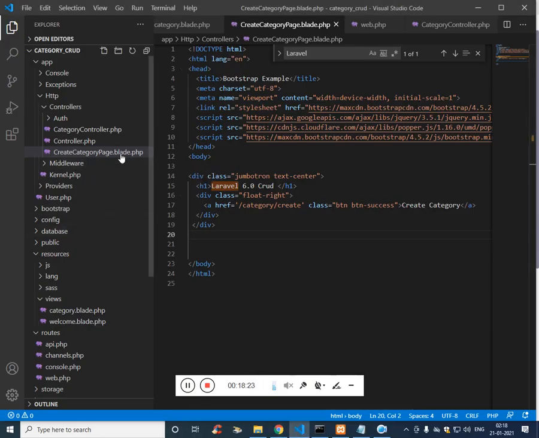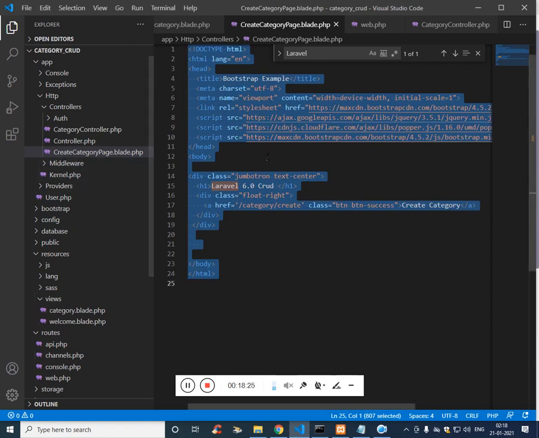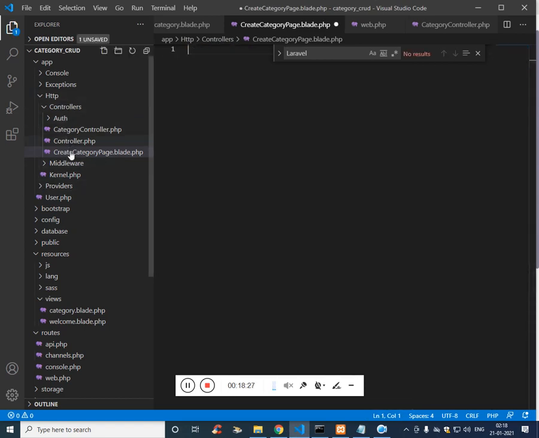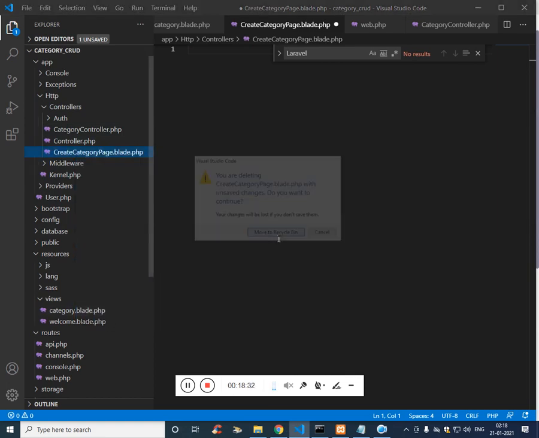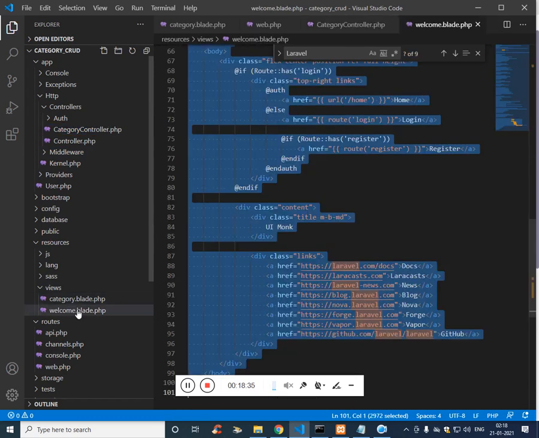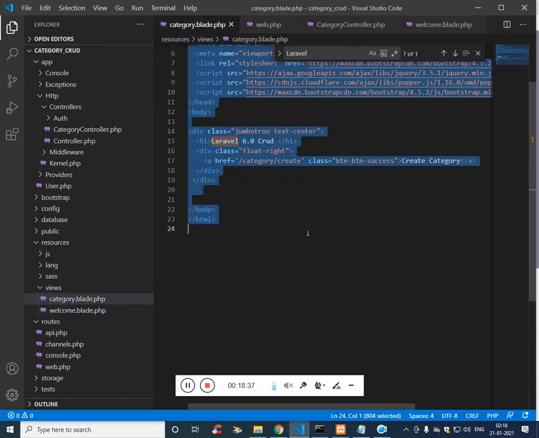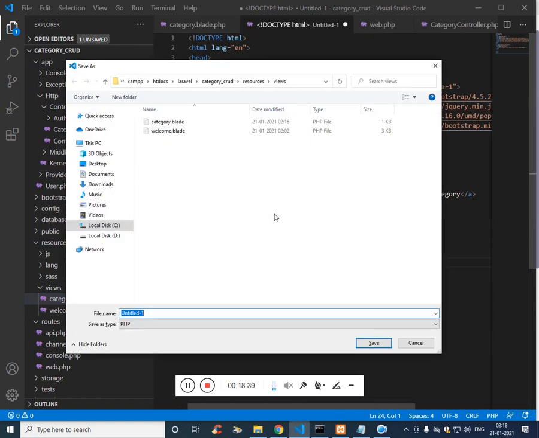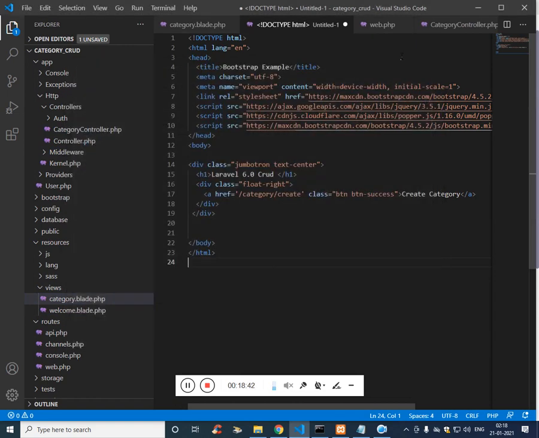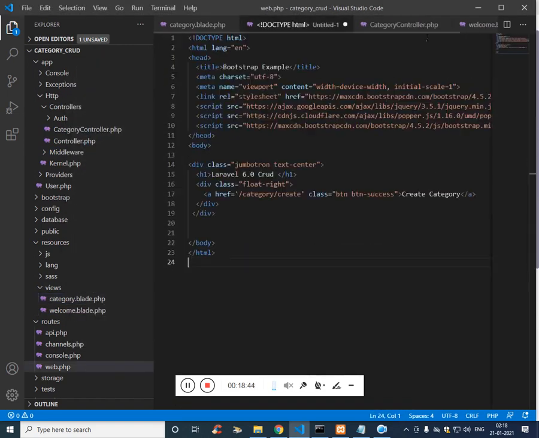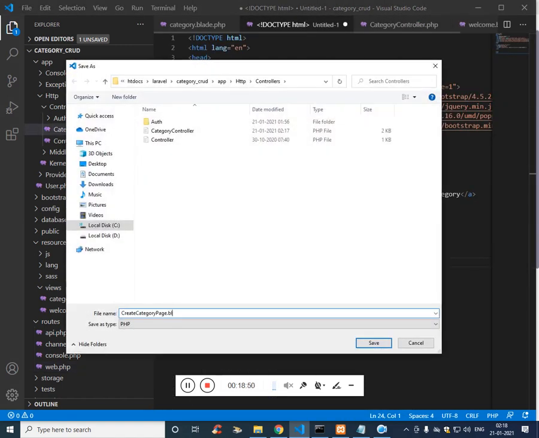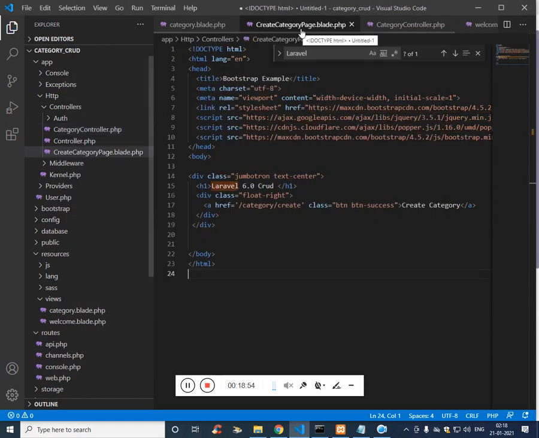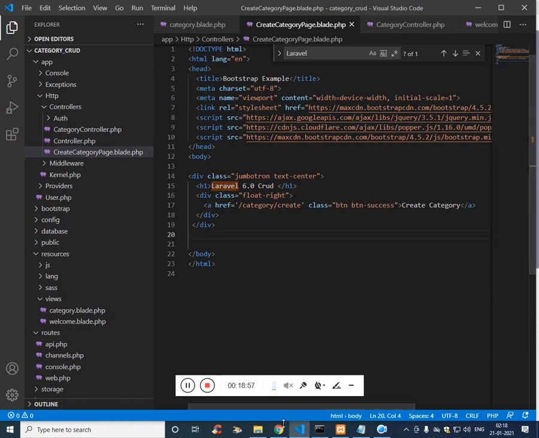I think we have pasted it, and this page is created over here. If you notice, this page is created inside the controller folder. We don't need this. Delete this. Open this, copy, control N, paste. Make sure it is pasting inside views, and let's copy the file name .blade.php, and now let's try to call.